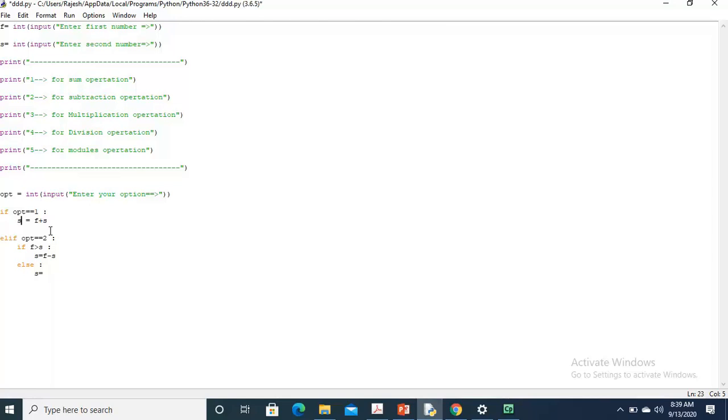I am taking res, for result. Same thing here: res, and then s minus f. Then again, elif option is equal to 3.